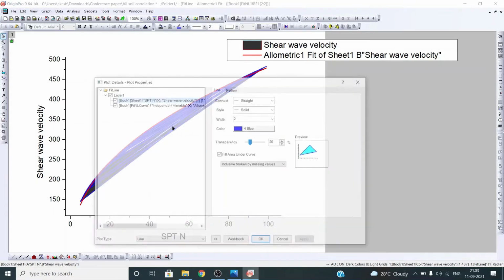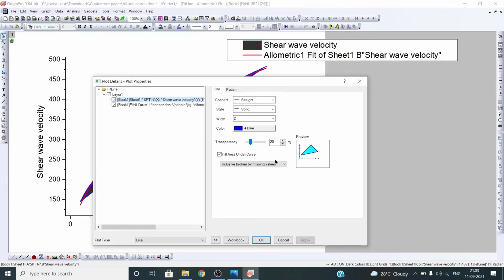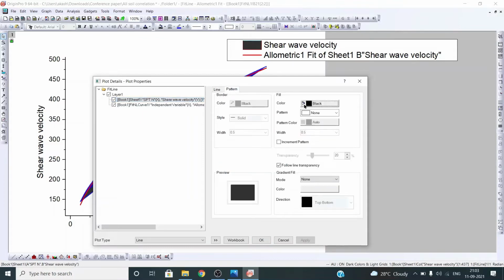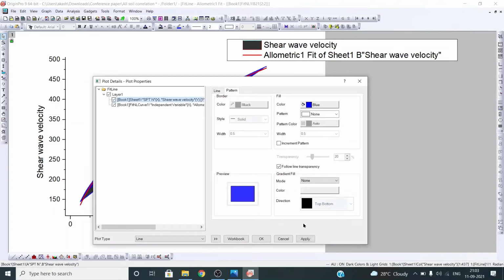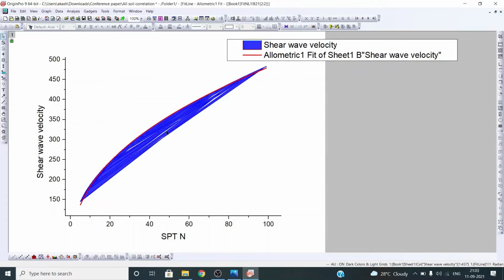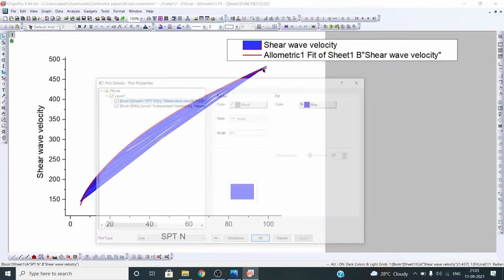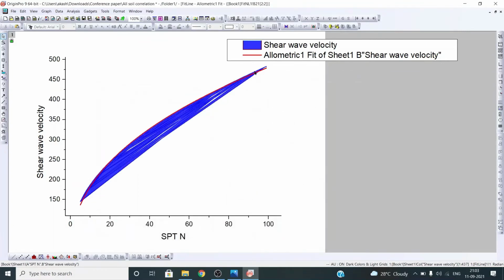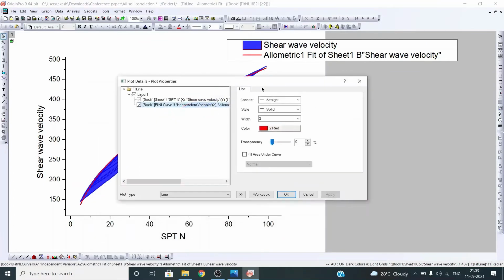Okay, but here the filling has not changed, so change it here to blue. Now it will be okay. Yes, increase the thickness of the red line a bit more.